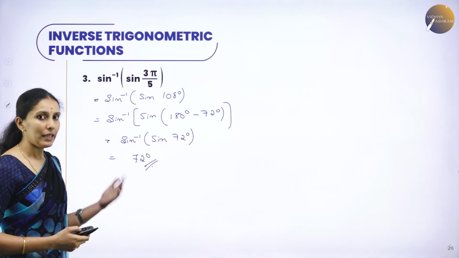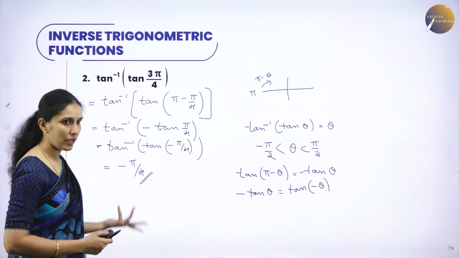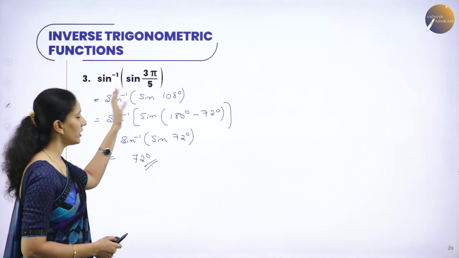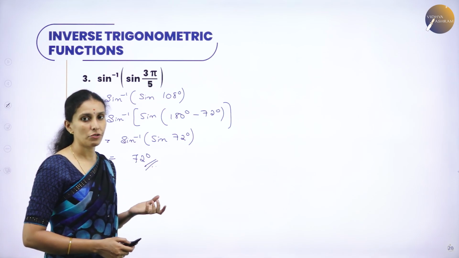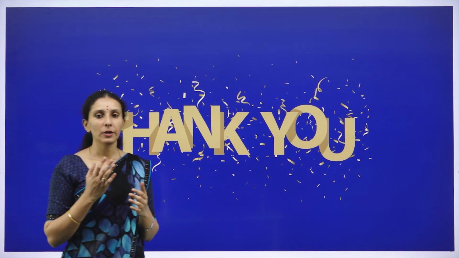We can keep the solution in the form of radians also, or we can convert it into degrees. If the problem is in degrees, then we have to write the solution in degrees also. So remember property 1, property 2, property 3 to solve the problems. We'll continue a few more